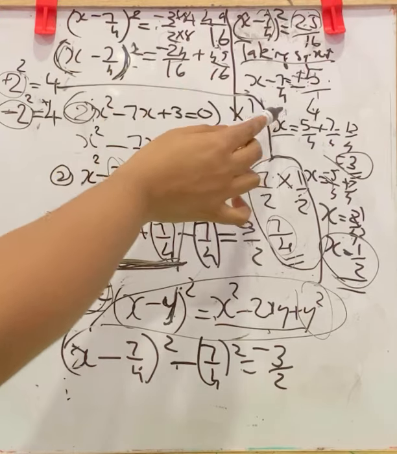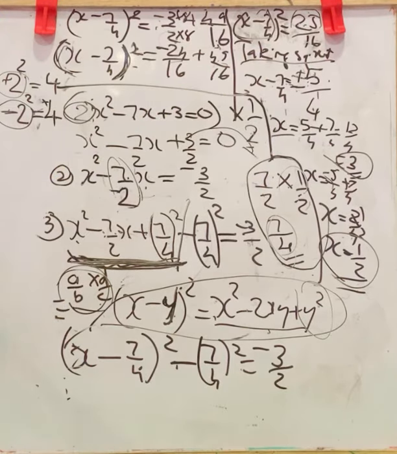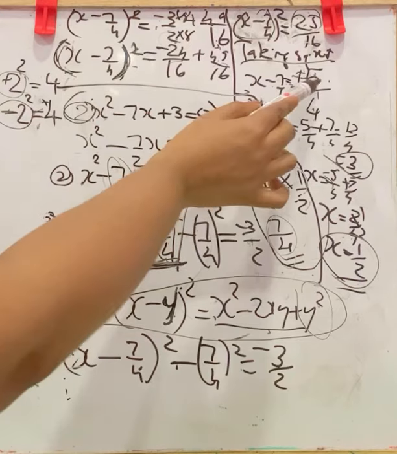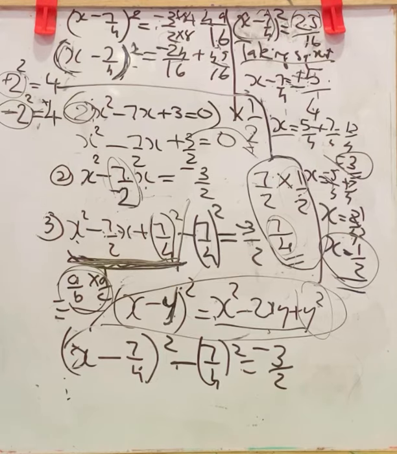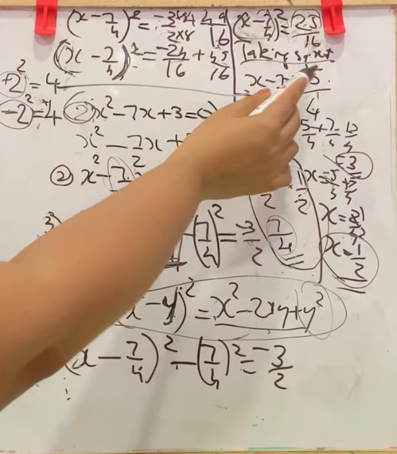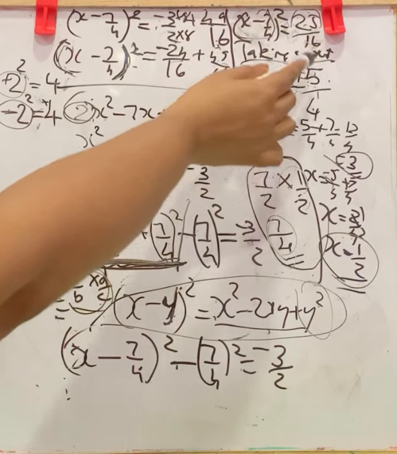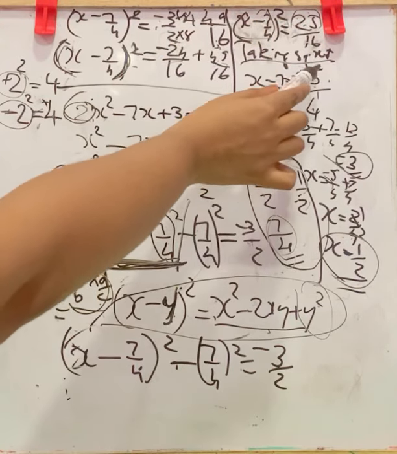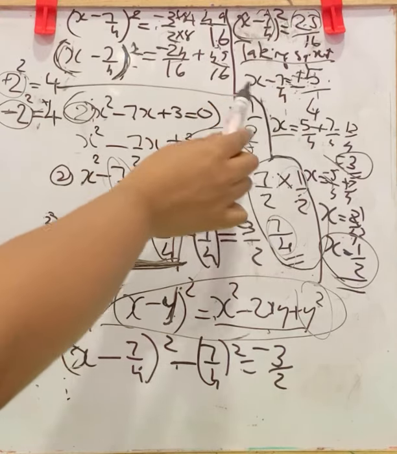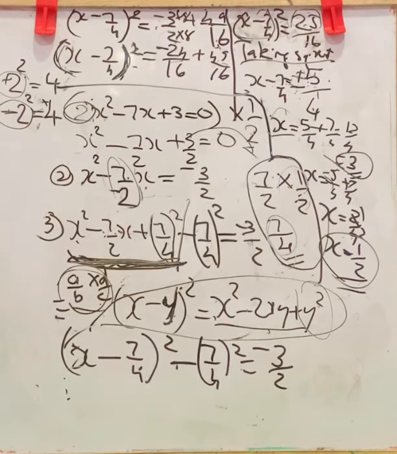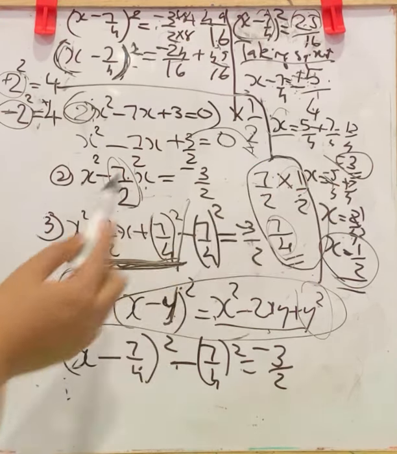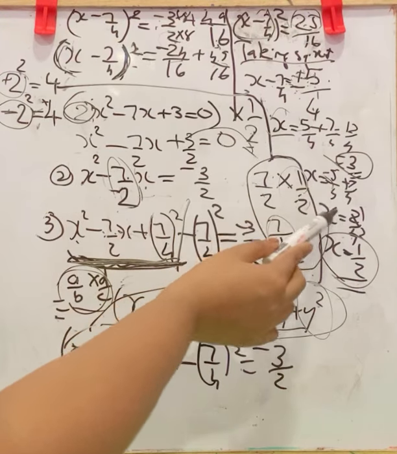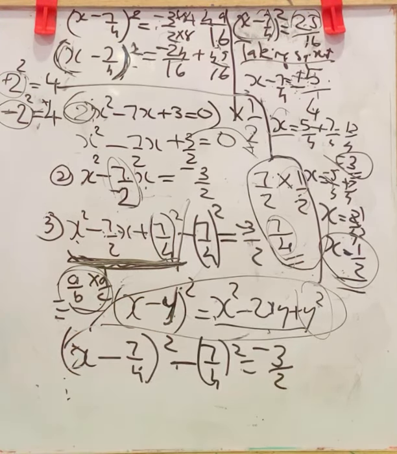So this becomes x minus 7 by 4 equal to, on RHS taking the square root, we have square numbers 25 and 16. Got it, 5 and 4, but remember, for a constant value, it can be either a negative or positive square root, because plus 5 square is 25, also minus 5 square is 25. So we write here plus or minus 5 by 4. Now we keep the x here on LHS. First we equate with positive 5 by 4. Then we got an answer 3. Then we equate it with negative 5 by 4. We got another solution. So the solutions of x are 3 and 1 by 2.